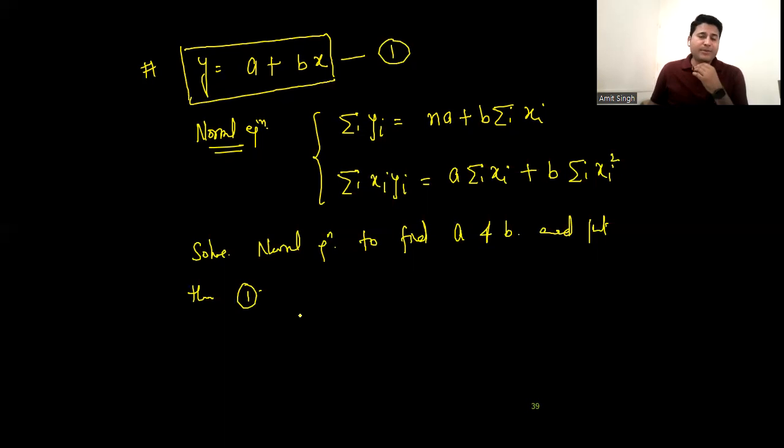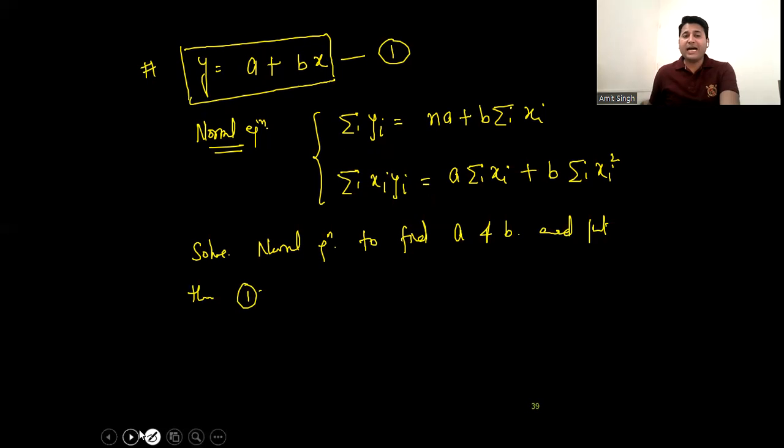But sometimes, students, in place of a straight line, we need to fit a second-order equation, or we can say a parabola. We will take up how that can be done. But before that, if I need to fit a trend line which is a straight line in nature, we need to solve these two equations. So now there are many things like yi.